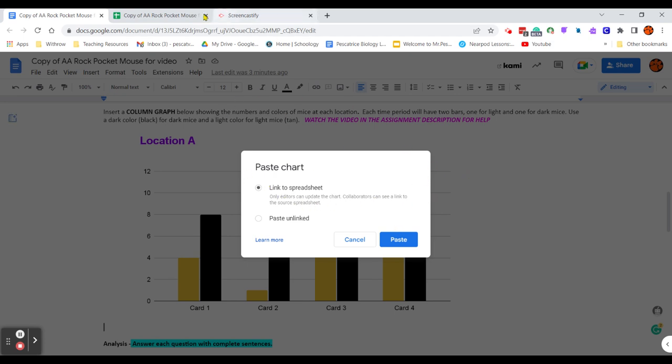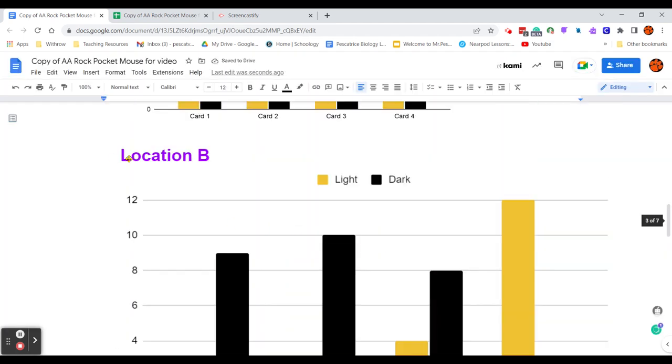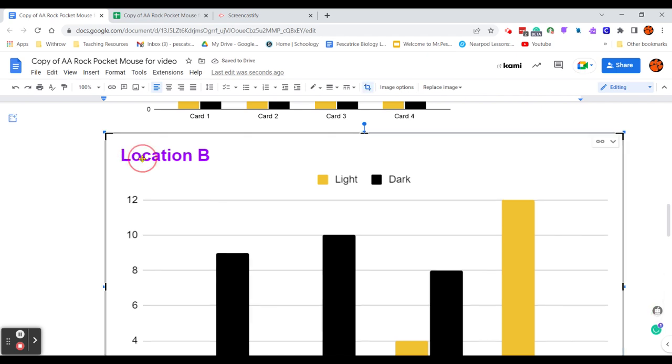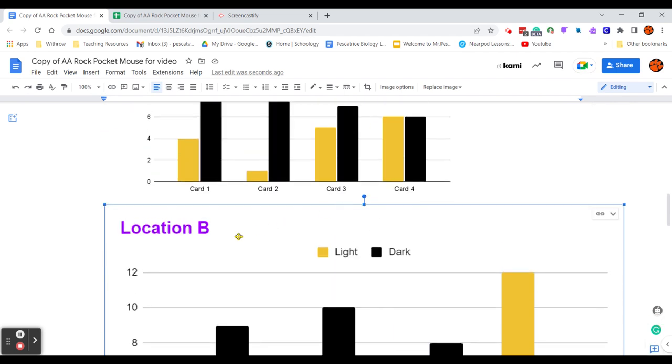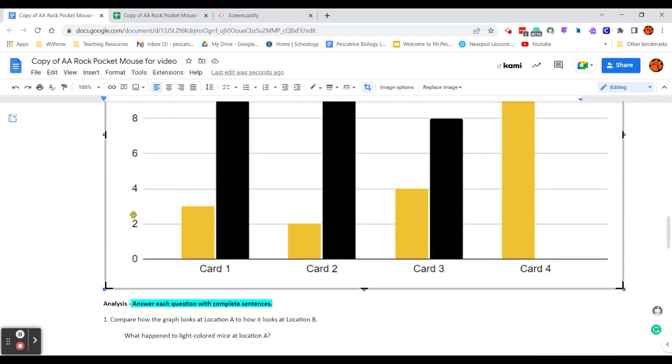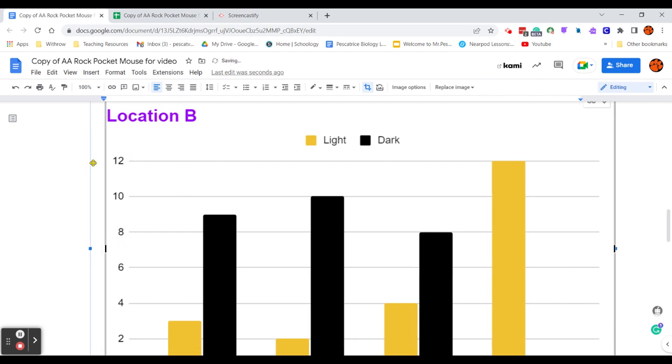It'll just go back and forth, and it keeps everything in the same place for later. And there you are. Notice how it says location B. All right, you cannot edit this chart in Sheets, okay? So if I'm double clicking on it in Docs, trying to change it, all you can do is crop it. So if you want to take away some of the white space, you can move this side in. But all you can do is crop it because it's posting it like it's a picture